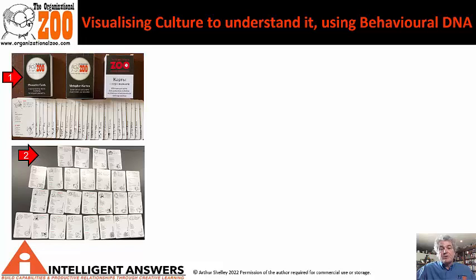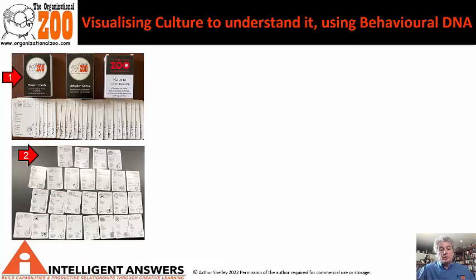In the second stage, you give a set of these cards, these are 26 character cards, to a group and ask them to sort them into layers, like we talked about in the layers of culture: what you would expect, what you desire, what you tolerate, and what you would reject. They usually take about 15 minutes or so to sort for any given question, such as: what is good leadership? What is our culture? Who do we want to be? It doesn't matter what the question is.